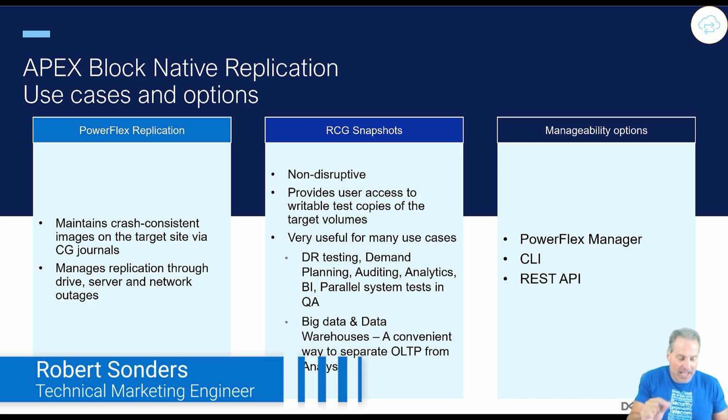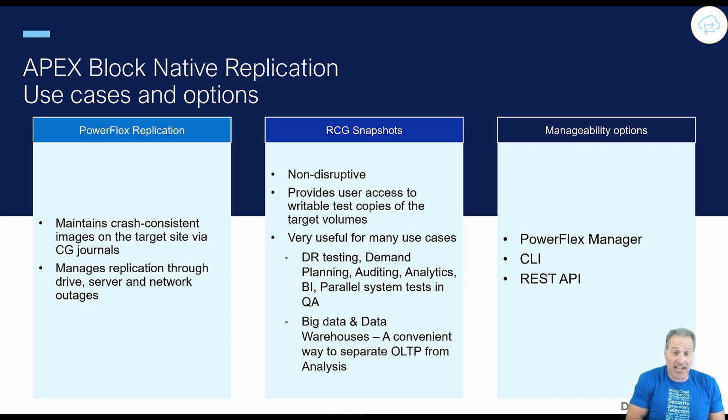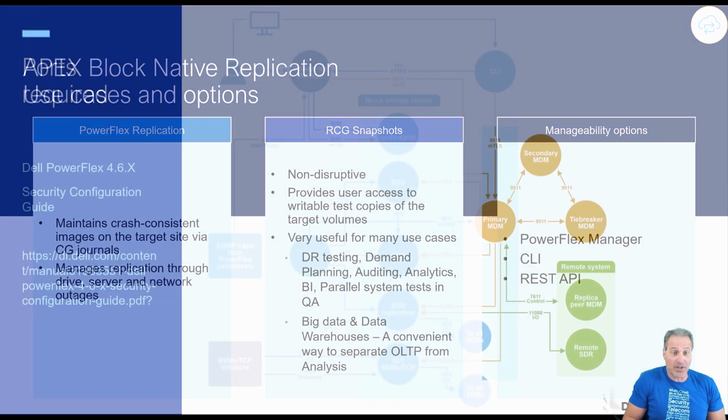There's been a lot of asks to understand how I can set up native replication between two different Apex block clusters in Azure. So we're going to show all of the details today. Now, we'll be able to show crash consistent copies. We'll be able to repurpose snapshots. And of course, we can do all of this with the UI, the CLI, or REST APIs. Today, I'm going to show a lot through the UI just so everybody understands how everything pieces together. This is going to be a really cool demo.